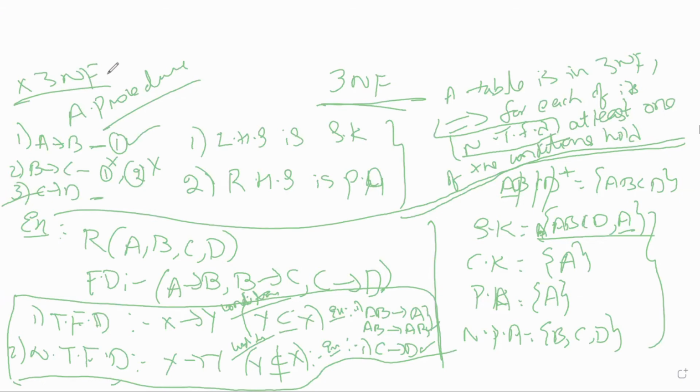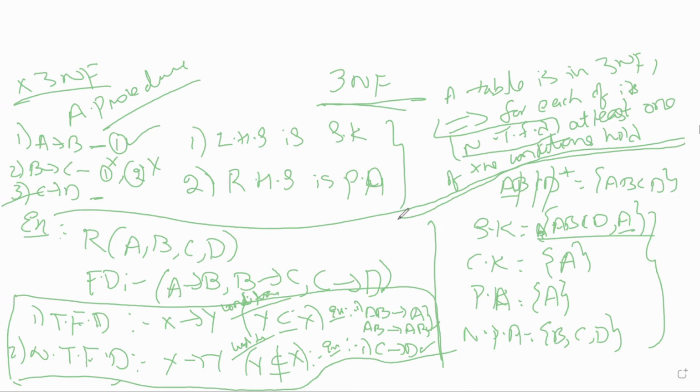And before that, sorry, here we haven't checked whether the FD is non-trivial or not. Are all the given FDs non-trivial or trivial? See, A determines B. It is non-trivial only because the right hand side is not a subset of, or equal to, the LHS, and this one also. So I have just taken all these as non-trivial functional dependencies. And you can minimize the procedure also. If any of the functional dependencies is a trivial one, then don't bother about checking these two conditions on that also.